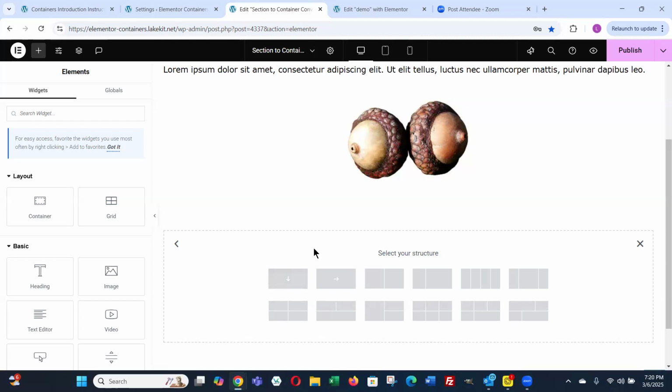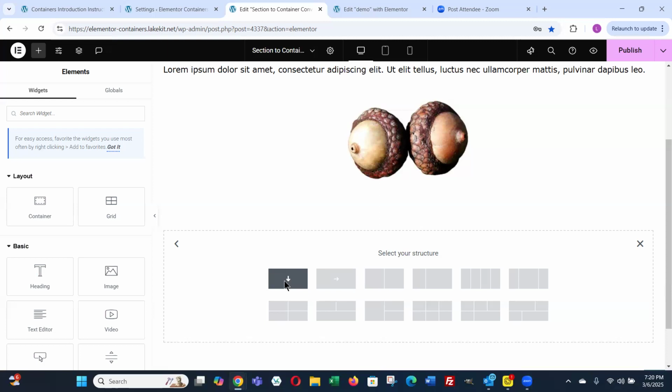The vertical arrangement is very similar to what we've been doing with sections and columns. You add a new widget to a column, it adds vertically on top of, above or below the widget that you had also added before. If you use the horizontal structure, then when you add a second widget, it adds alongside of the original widget. To start out with, we're going to add a vertical container.